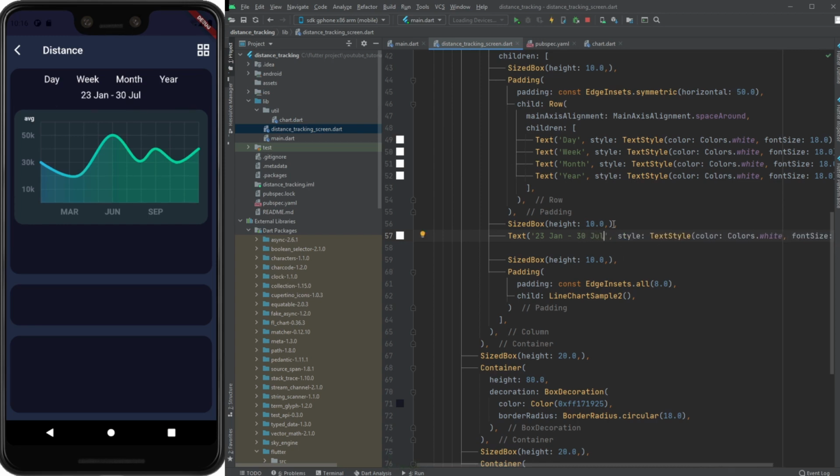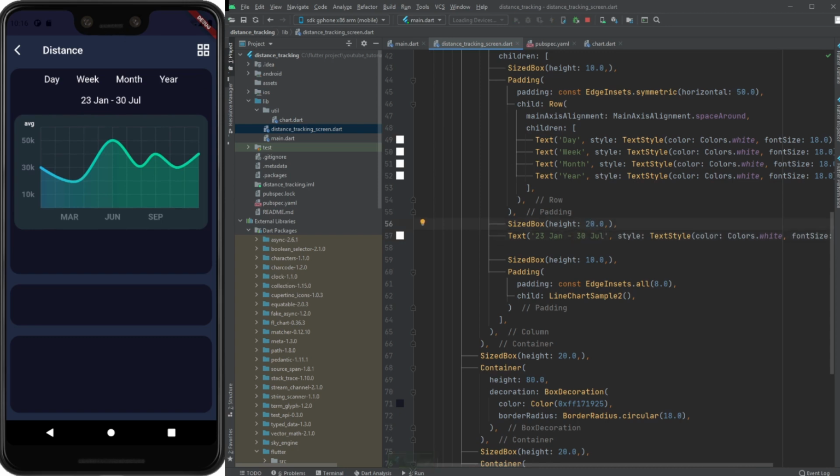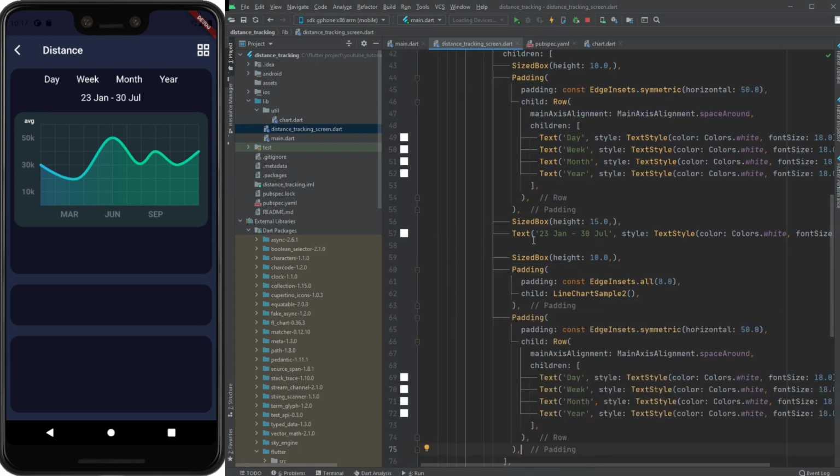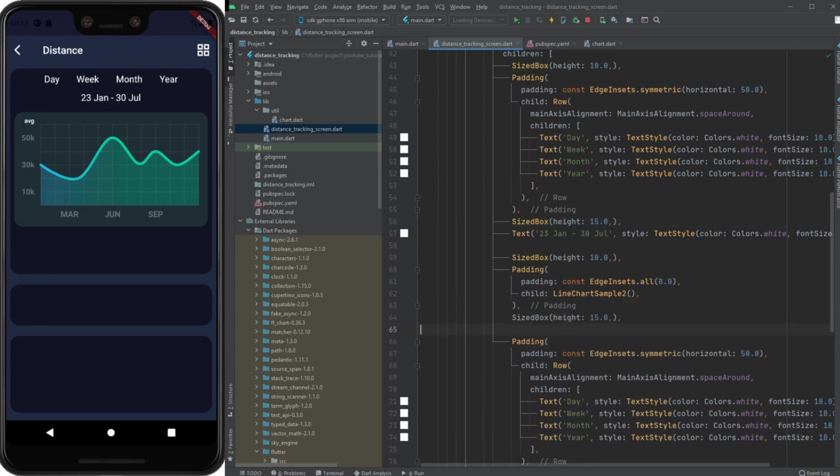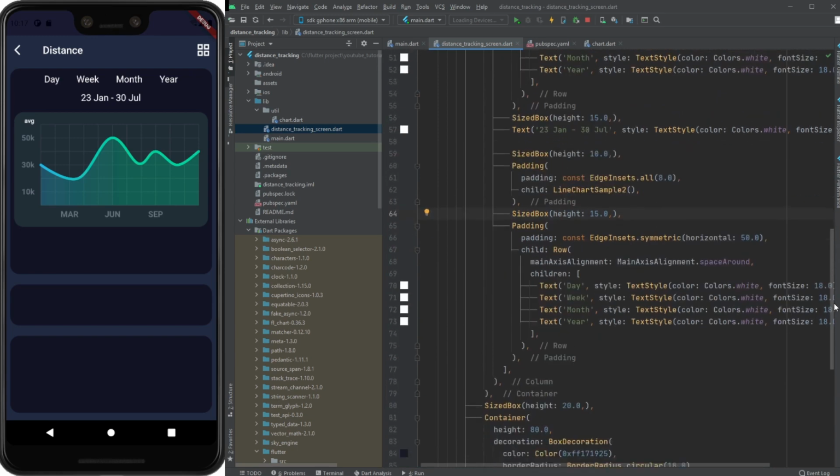Okay, so give some height and then also set some padding at the bottom. After that,